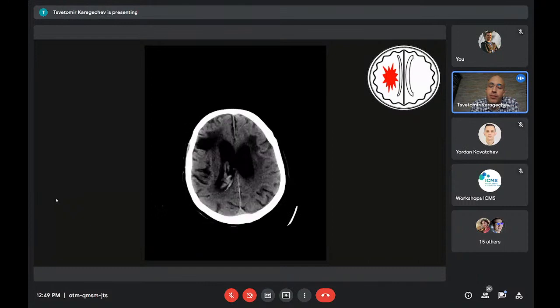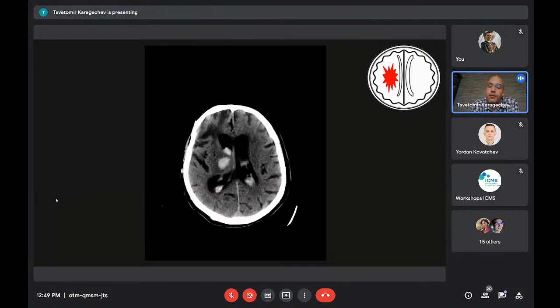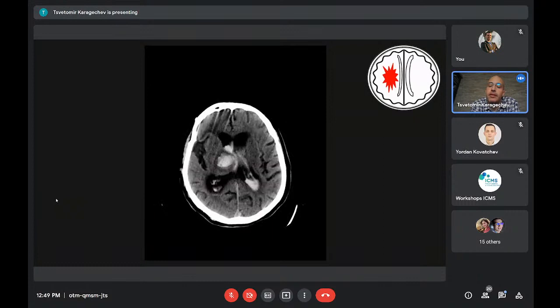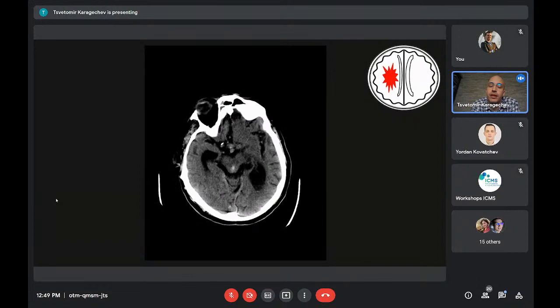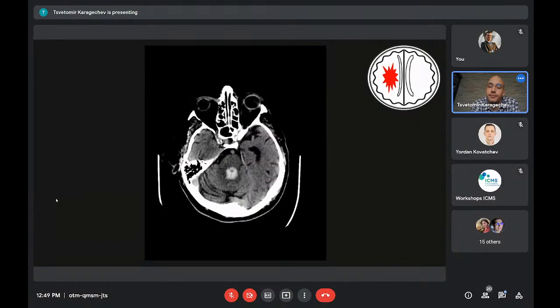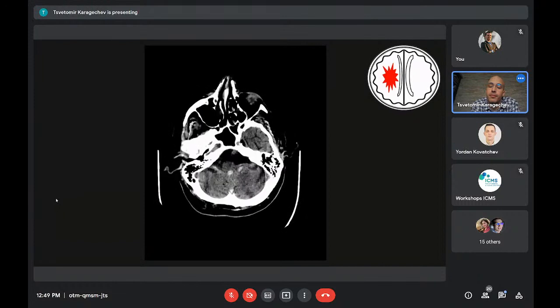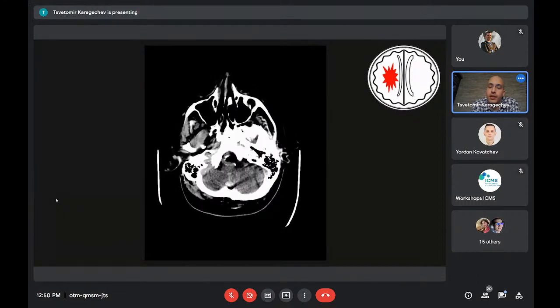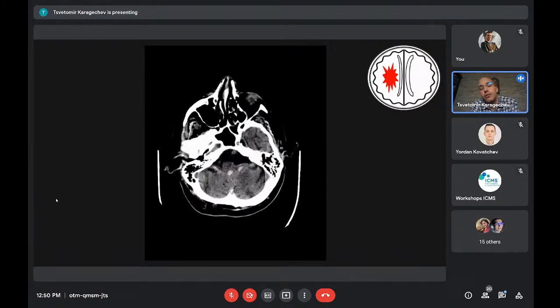And now, when we go down, we already notice that there is something wrong with the CT scan. I'll just scroll really slowly through the whole scan, from top to bottom, so you can have a look at it with me. I think that was the last slide, and then we'll go up again.